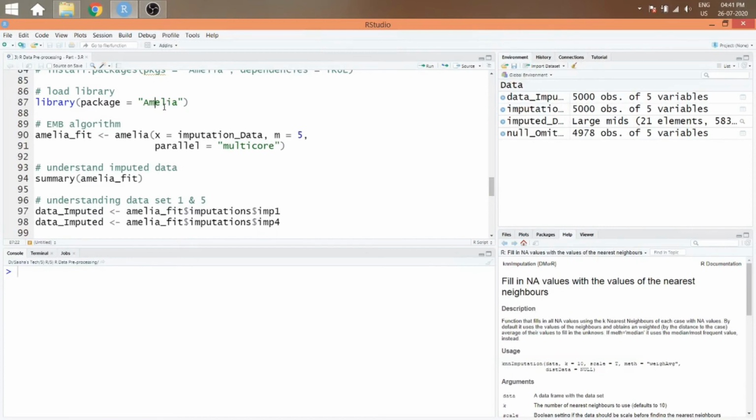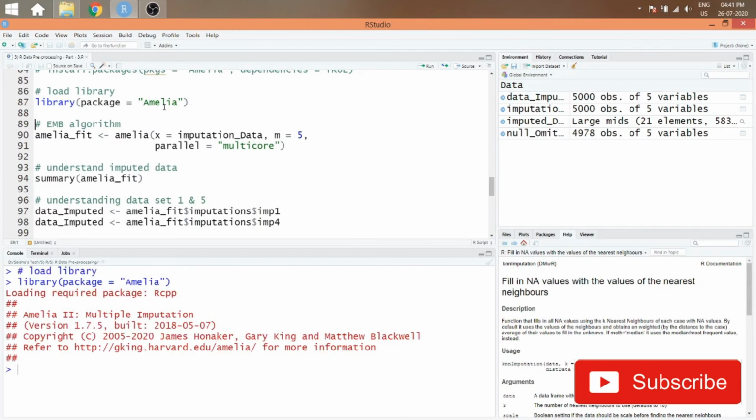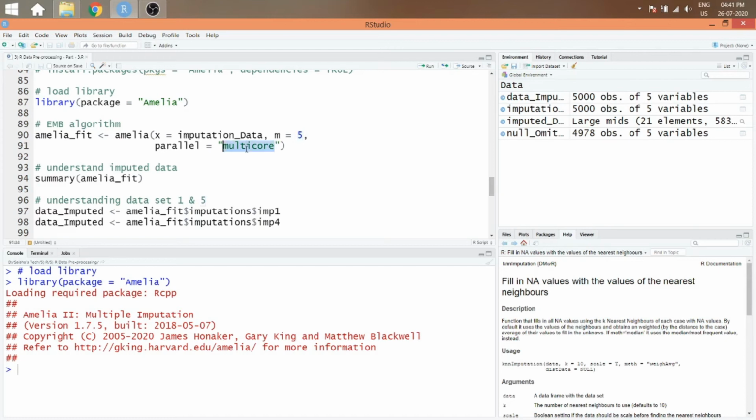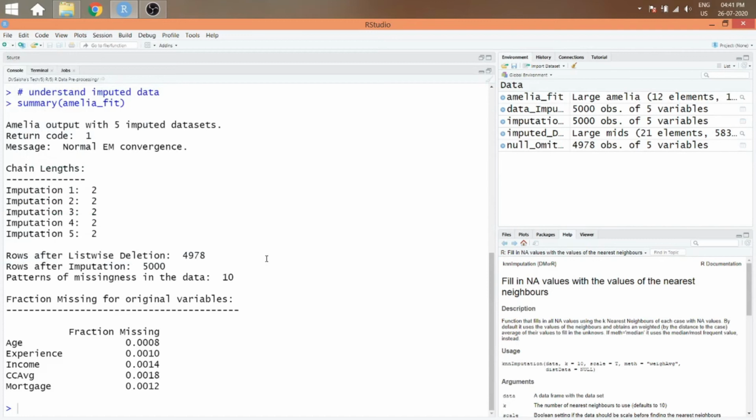In line 87, we are loading the Amelia package into R. In line 90, we are choosing 5 imputed datasets to be created and utilizing multi-core parallel processing to reduce the execution time. In line 94, we can see the summary of the Amelia package. We can observe a few points from the summary of the algorithm, like there were 4978 observations without missing values, and after imputation we have 5000 observations.